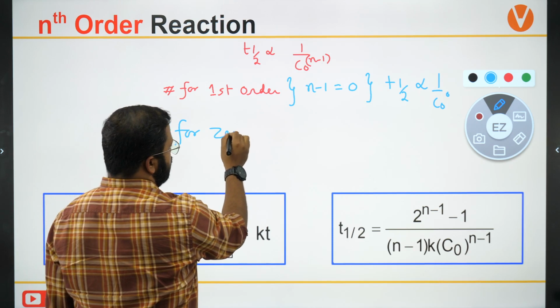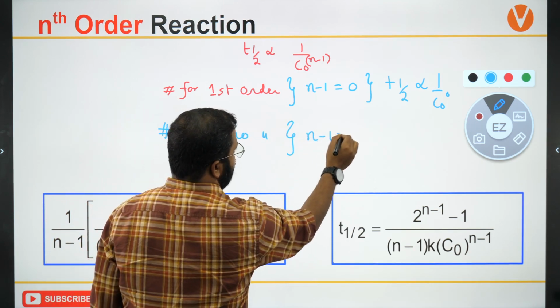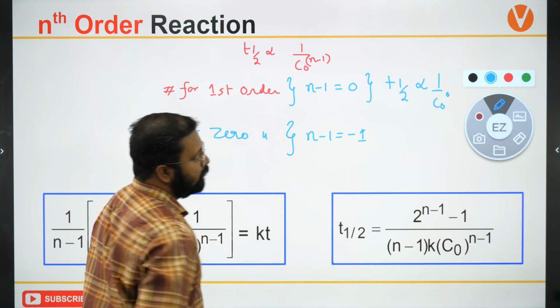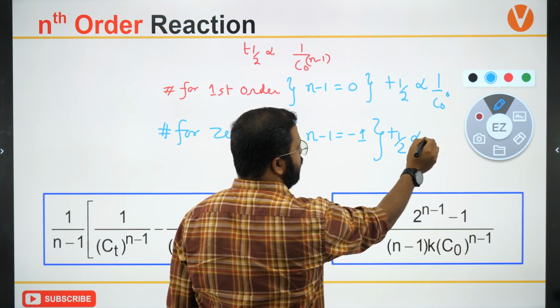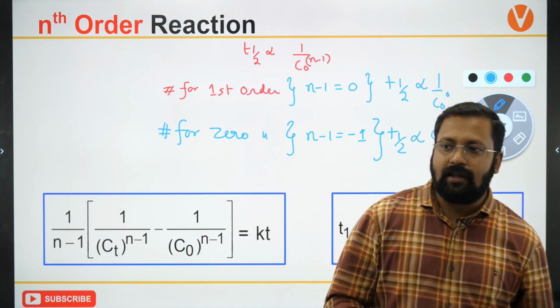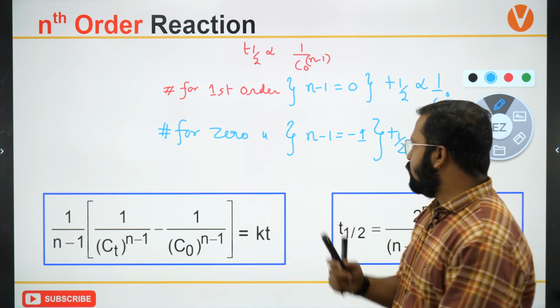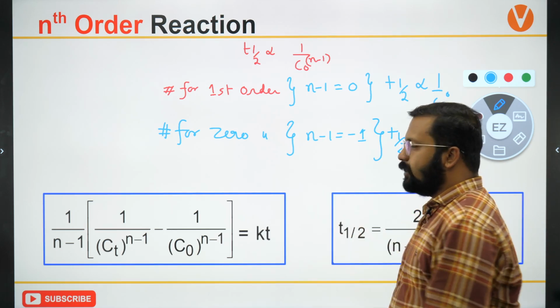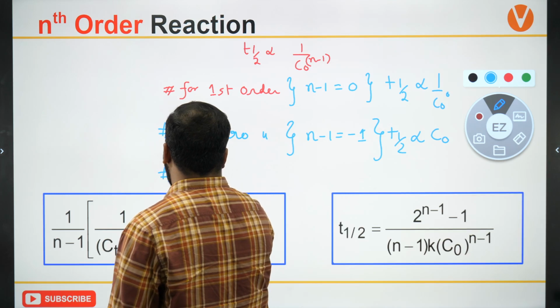For a zero order reaction, n minus 1 will be equal to minus 1, and for that T half will be directly proportional to C naught. So that means if you increase the initial concentration, the T half will also increase, and